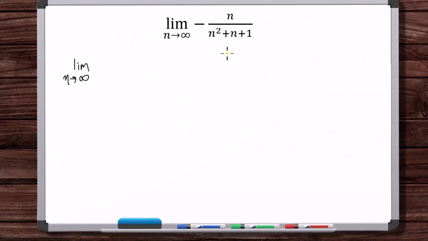And so the way we do this with rational functions is, again, we divide the numerator and denominator by, in this case, n, the variable, so n to the power of the order of the denominator. So you've got minus, we're multiplying by 1 over n squared over 1 over n squared. Okay, so you've got,